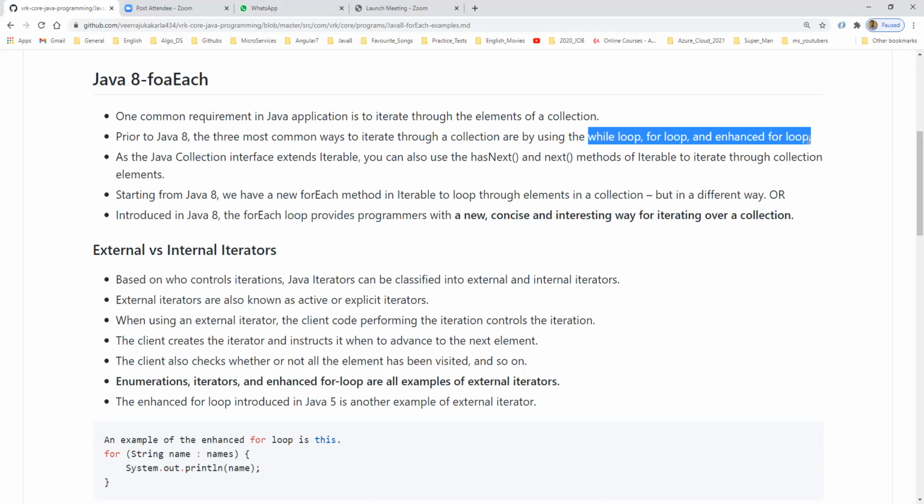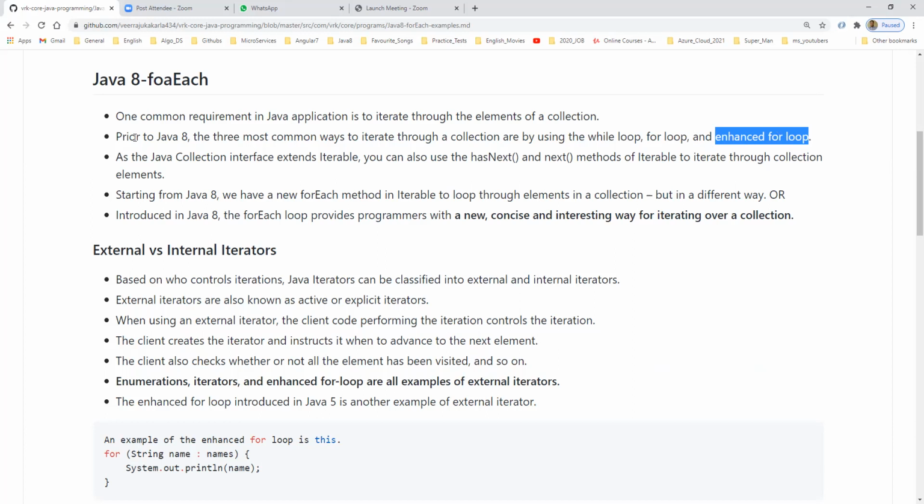Using a while loop we can traverse the collection data. Using a for loop we can traverse the collection data. And the enhanced for loop, which was introduced in Java 5, we can also use to traverse the collection data, whether it is a list, a set, or a map.